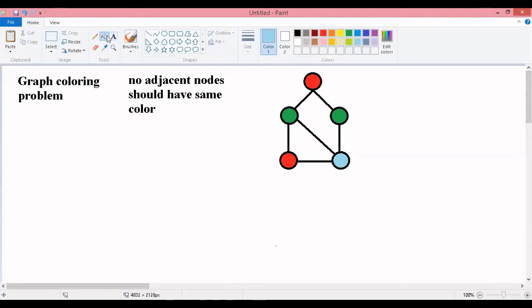Then suppose you have colored like this, then it is wrong because the last two adjacent nodes are having the same color. If you have colored like this, then also it is wrong. The nodes,